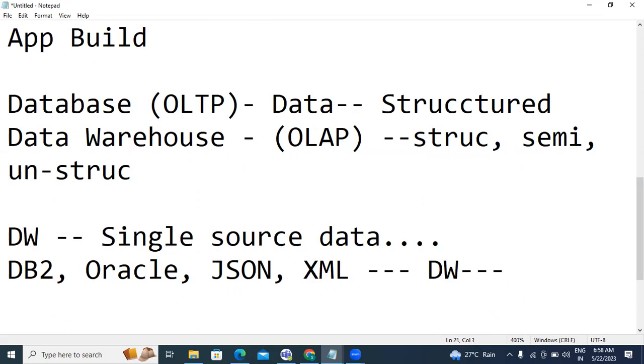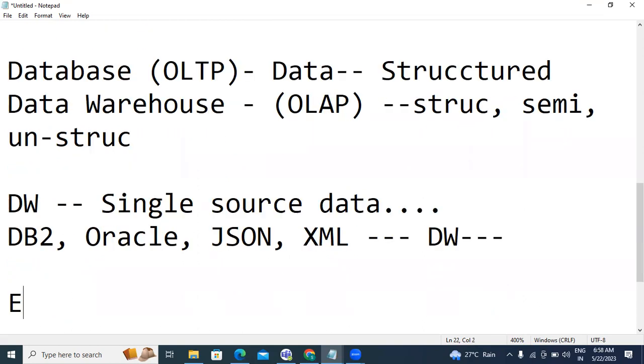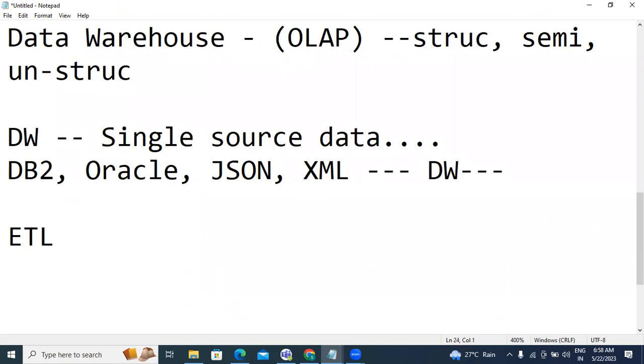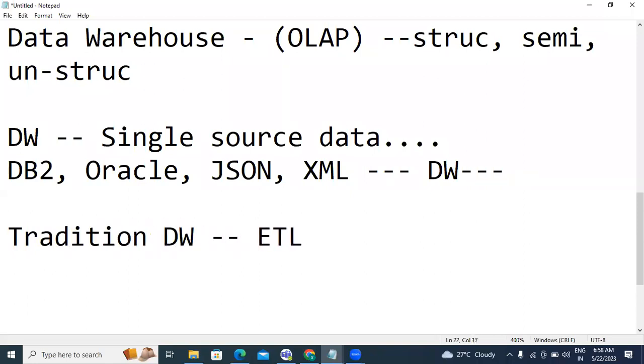How will data be loaded into the data warehouse? Using the ETL process. Actually, the earlier traditional data warehouses follow the ETL mechanism. What is ETL? Extract, transform,